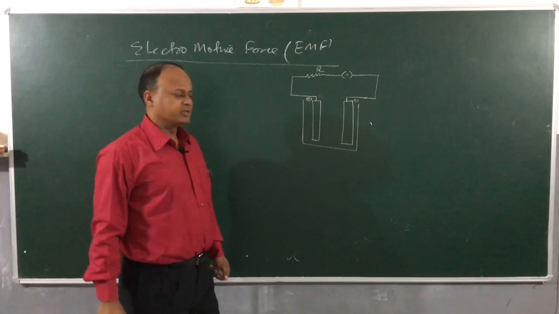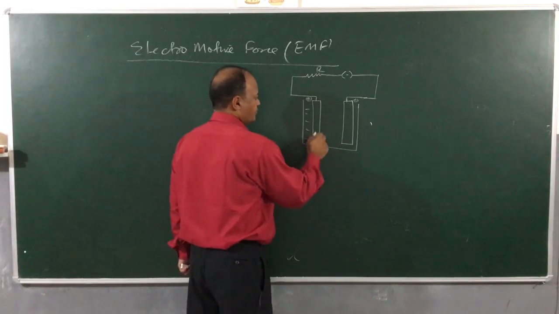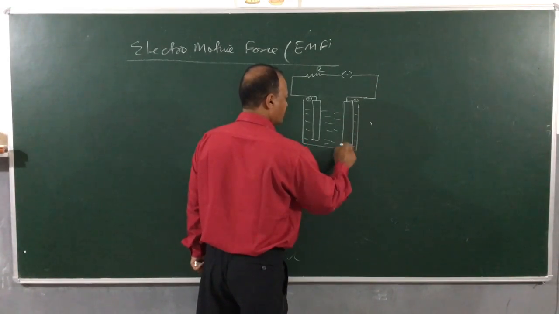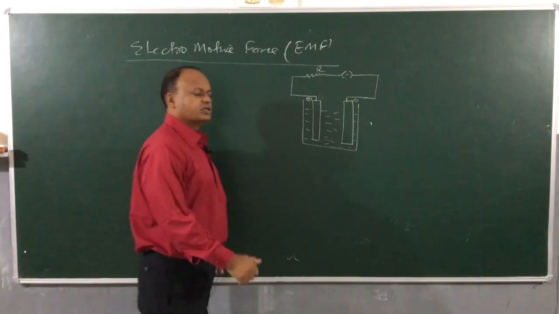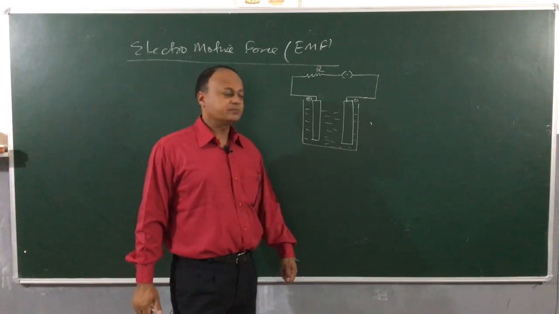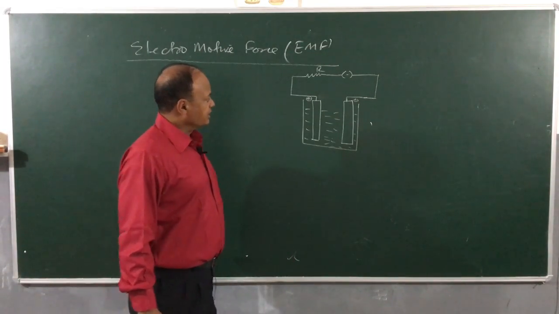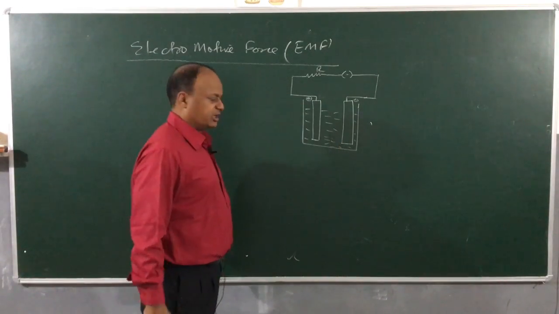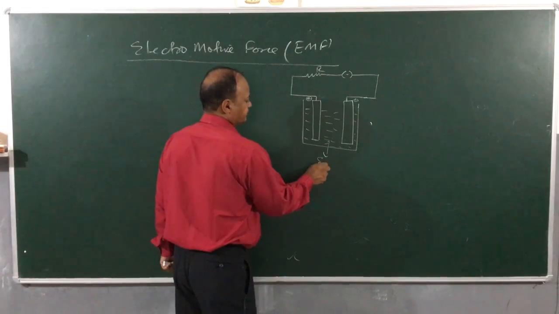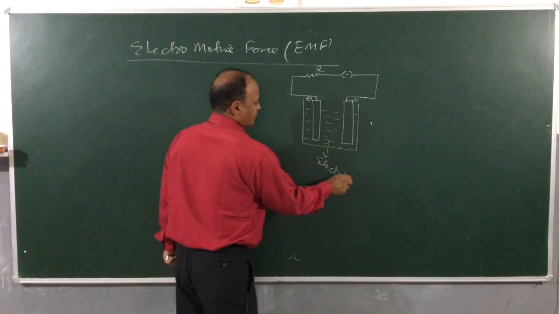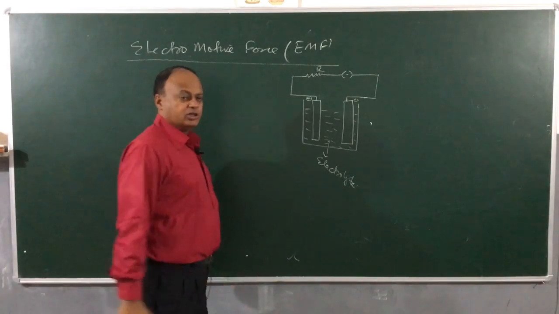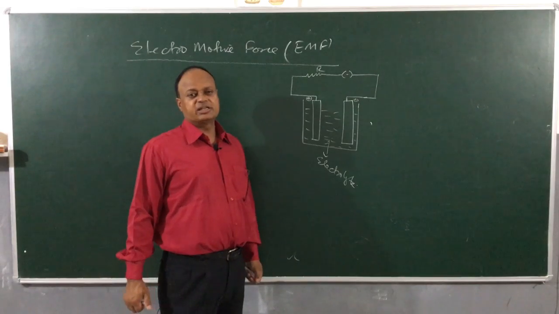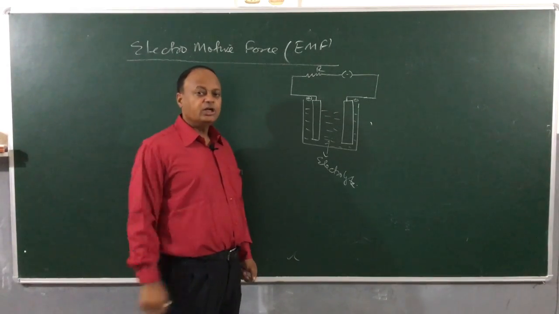Now, these two electrodes are immersed in a solution called electrolyte, and you know the electrolyte breaks down into its component ions and produces the necessary energy. Children, as we immerse these two electrodes into this electrolyte, you can understand that the ions will be interacting with the two electrodes and therefore, each electrode will have a certain potential.